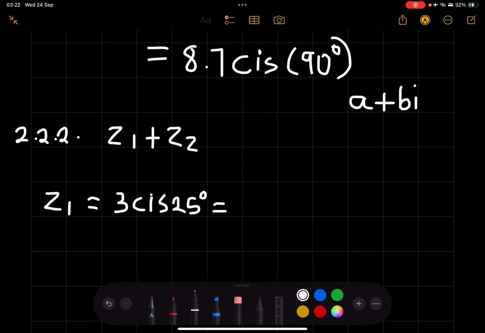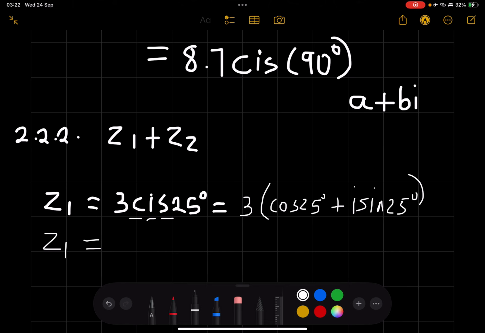It's going to be 3 into bracket cos 25 plus i, remember the c for cos, and then the i for imaginary, the s for sine, plus i sine 25 degrees. And then z1 would therefore become, if you say this times that on your calculator, it's going to give us